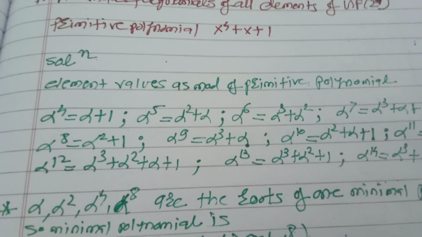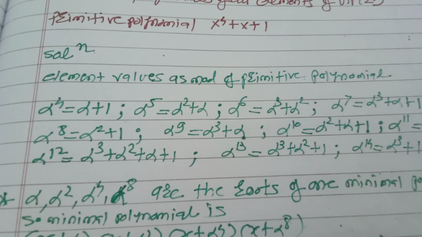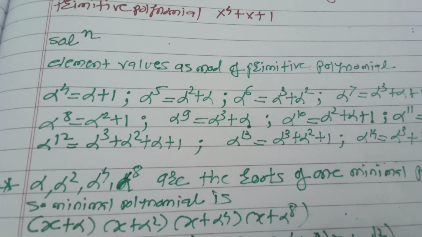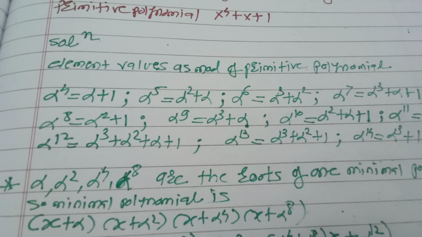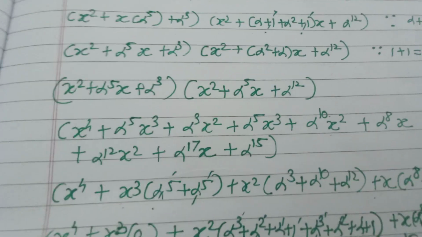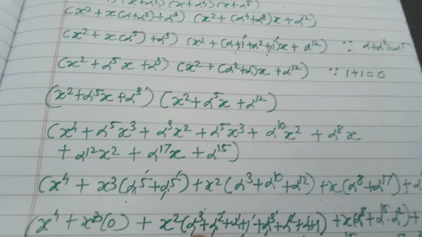4 plus x plus 1, alpha is the root of the primitive polynomial, so alpha raised to 4 plus alpha plus 1 is equal to 0, so alpha raised to 4 is equal to alpha plus 1. Before that you have to take the values as it is, that is alpha cube, alpha square, alpha. Okay, so where we were here, alpha cube is as it is, then alpha 10 is alpha square plus alpha plus 1,